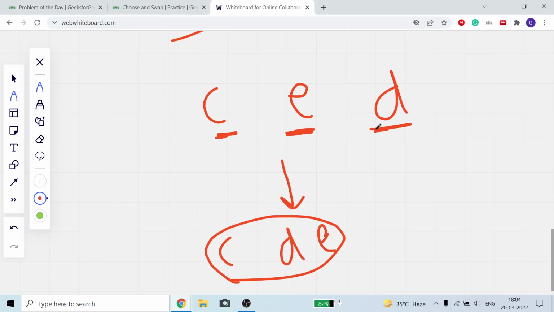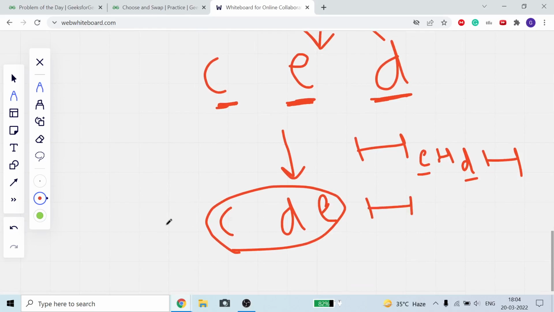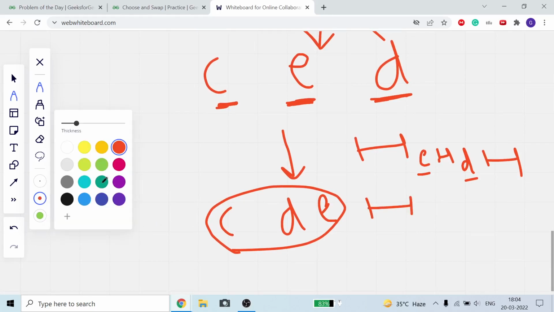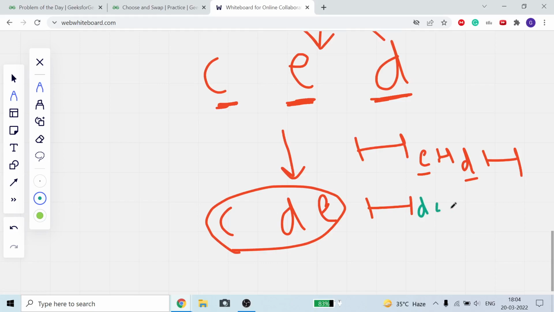But here d comes after e, so if we put d here, then our starting string remains the same. This is our e, this is some string between e and d, this is our d, and this is some string after d. This will become d, this character remains the same, this will become e, and this string will remain the same. You can see these both are equal, but the character here is minimum, so this is the lexicographically smallest string that we can make from it.